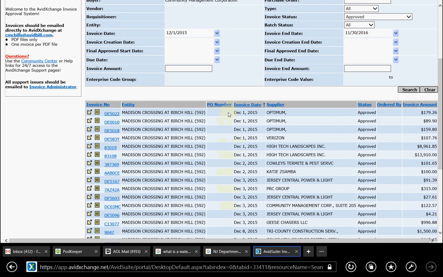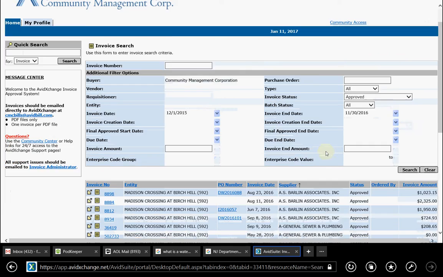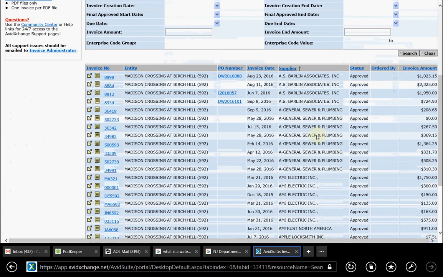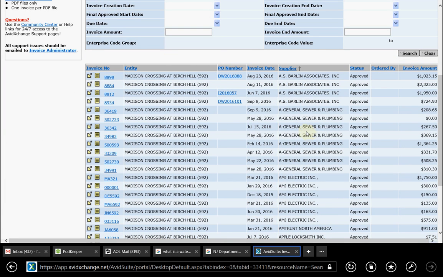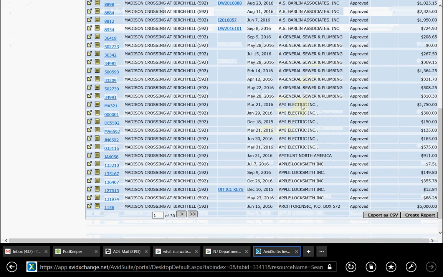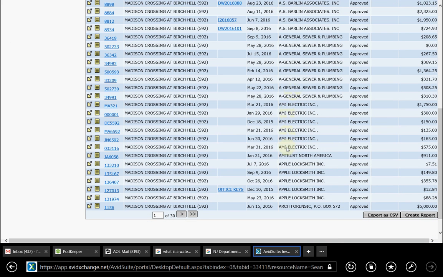So we can do it that way, or we take the supplier, click on supplier, and that will be changed to an alphabetical listing. I like this one because if I'm looking for one particular supplier, information on that, for example, AMJ Electric, what did they do for us? When did they do it? What are the invoices? I could look at, and here's a nice one,